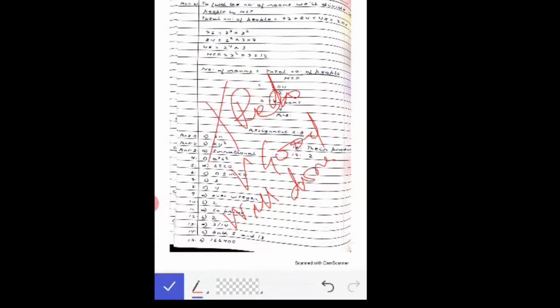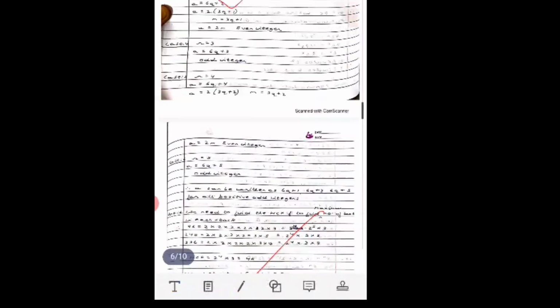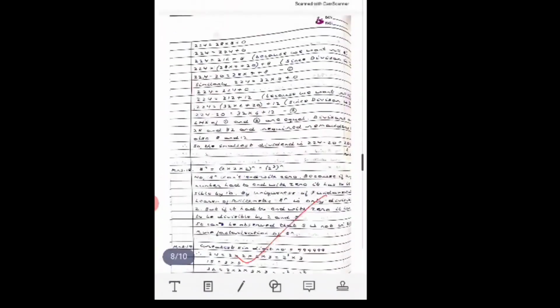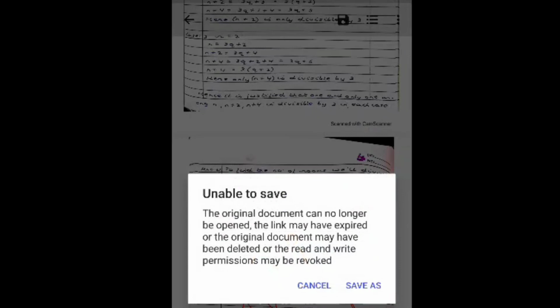Now once my work is checked, I'll just go through it to see whether it has been checked completely or not. So yes, it's done and I can now save this work. I click on this top button on the right side, and you see this ribbon changes. So again click on the save button on the top. You can see here, click on this save button and it will ask you how to save it.